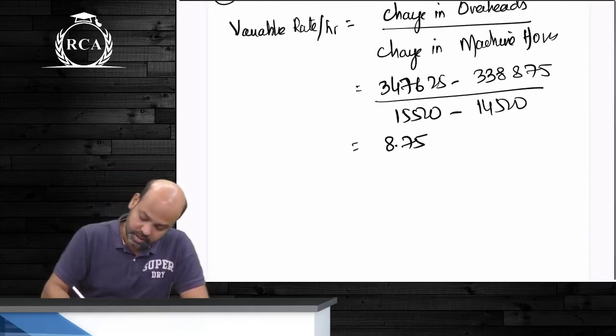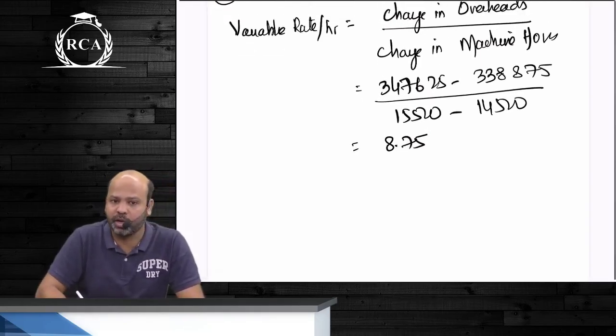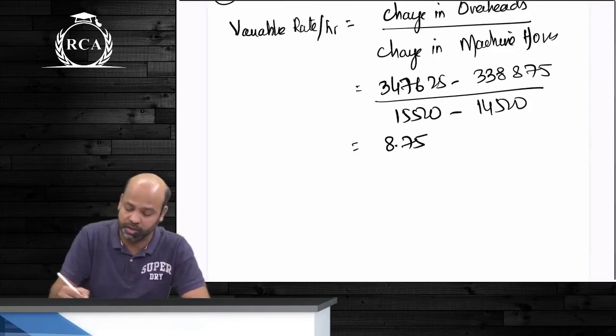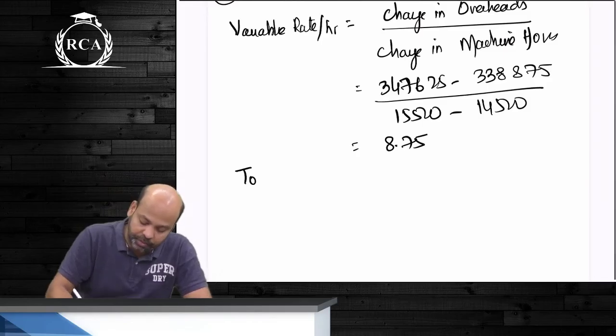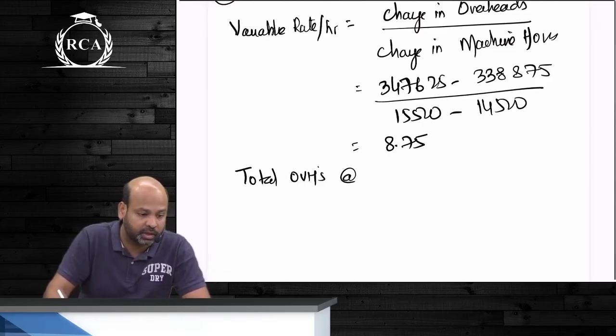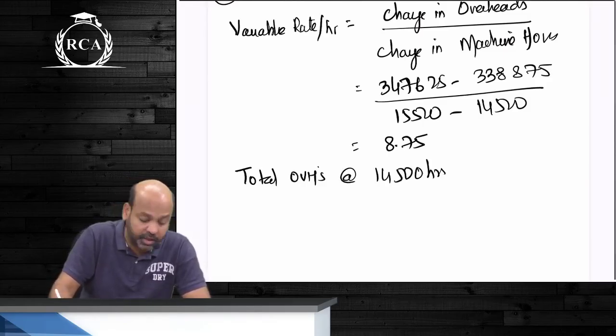$8.75. Next, how will you compute? Everyone got 8.75. You will write change in overheads divided by change in machine hours. Next, beta, is to compute fixed. You will write first total overheads at some activity level. You can write total overheads at 14,500 hours, beta, is equal to